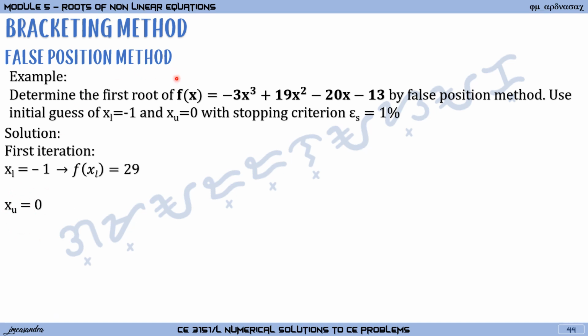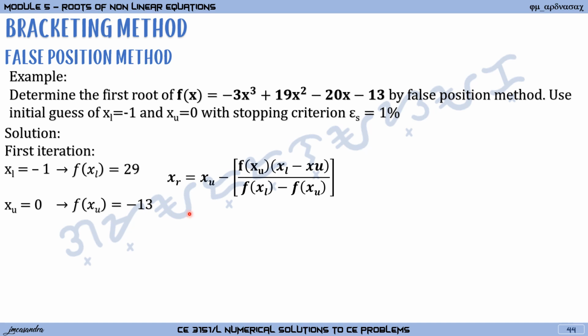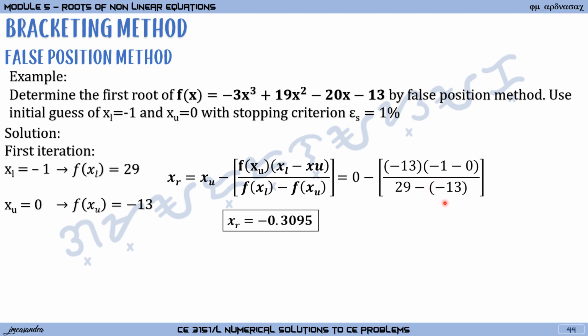Substituting 0 in the equation, we get the function of XU equal to negative 13. And then, after that, we compute for our estimated root using XU and the functions computed. So substituting our values, we have 0 minus negative 13 times negative 1 minus 0, divided by 29 minus negative 13, giving us a value of XR, which is negative